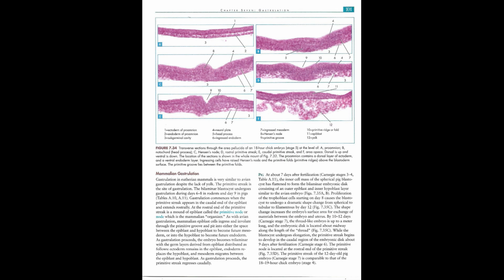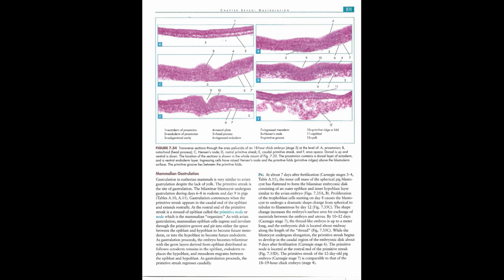Mammalian gastrulation. Gastrulation in eutherian mammals is very similar to avian gastrulation despite the lack of yolk. The primitive streak is the site of gastrulation. The bilaminar blastocyst undergoes gastrulation during days 6 to 8 in rodents and day 9 in pigs, Tables A10, A11. Gastrulation commences when the primitive streak appears in the caudal end of the epiblast and extends rostrally. At the rostral end of the primitive streak is a mound of epiblast called the primitive node or node, which